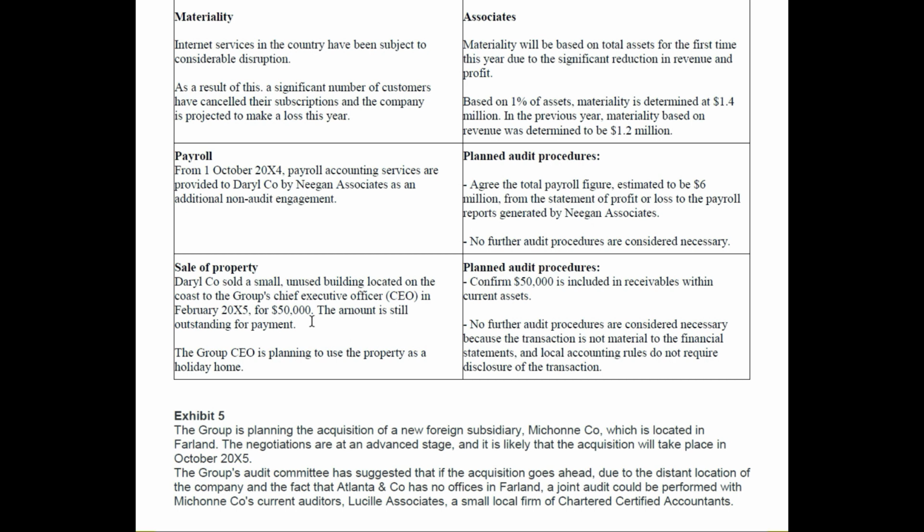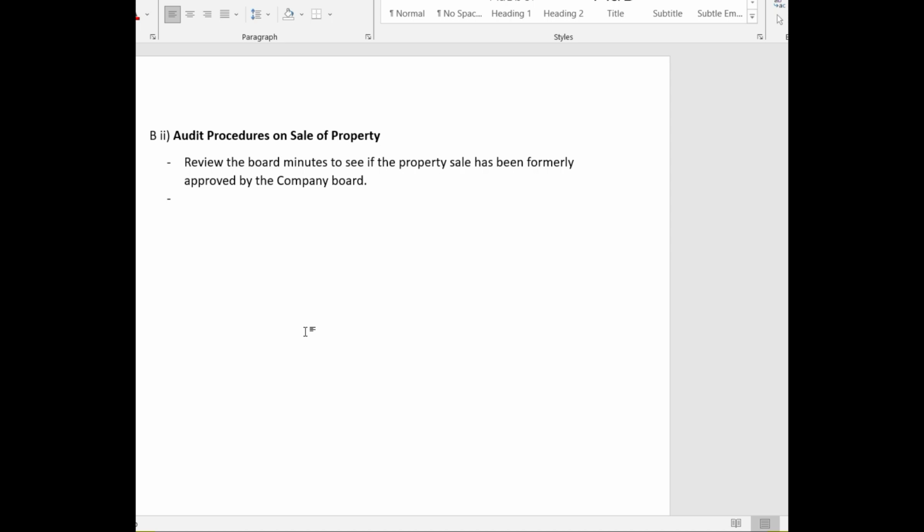And what would we find out from the documentation? One more thing I came up with. See, this is $50,000 we were provided in the case, right? By reading the legal documentation, we can confirm whether this price is correct or not, right? So let us draft one more point, that review the legal documentation relating to the sale of property,